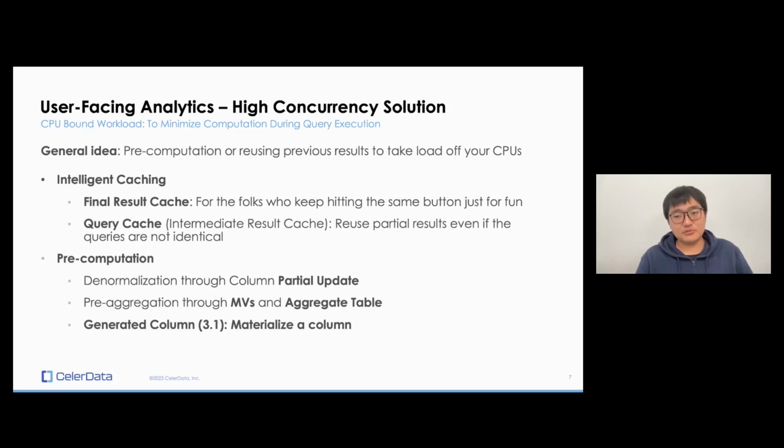And then there is pre-computation. StarRocks, or CelerData, has very good join capabilities. We do on-the-fly joins, probably the fastest in our track now. But for a lot of the high concurrency scenarios, you still need to do some denormalization. Join is still an expensive operation. And instead of doing that upstream in a stream processing tool, doing a stateful operation, a join in a stream fashion, and then inserting into a flat table,